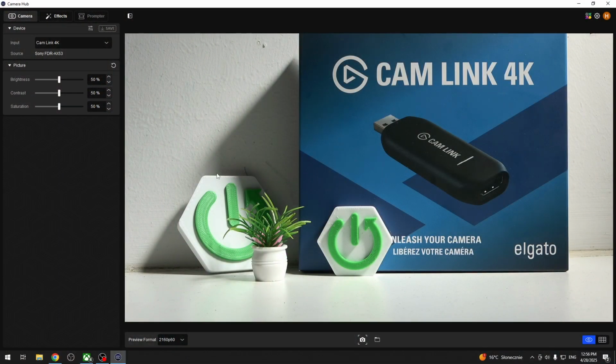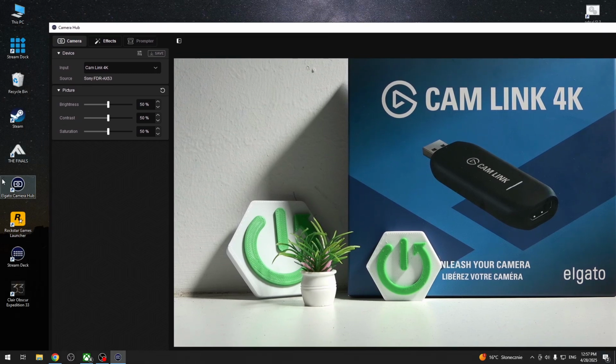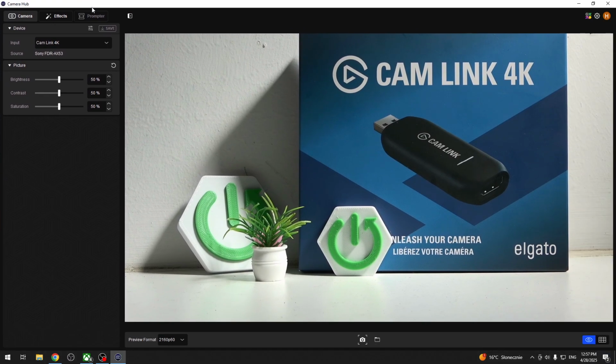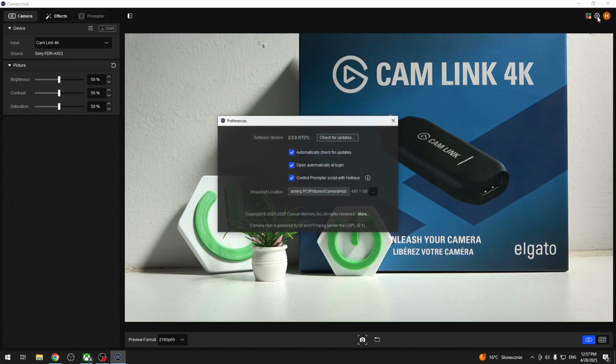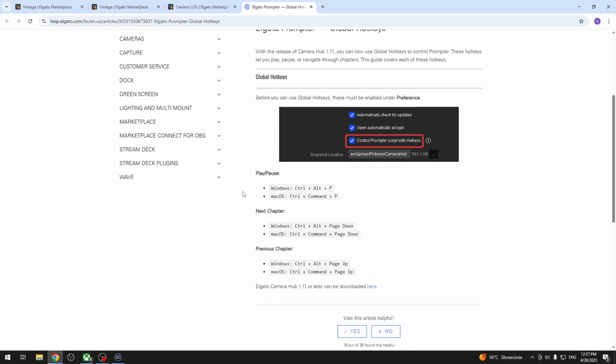So, as you can see, now we are in our application, which is called ELGATO Camera Hub, and we have to click this gear icon in the top right corner here. The third option you can see is control prompter script with hotkeys. And as you can see, we can check it to enable and check it to disable, and our hotkeys are